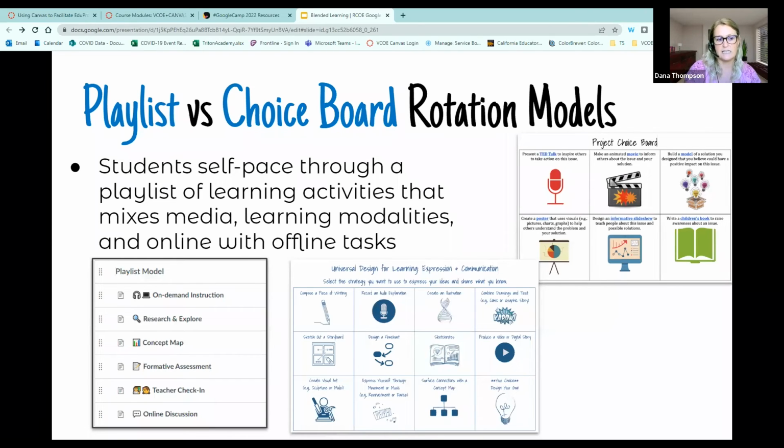And you can see here, this is a playlist model in Canvas, using the cute emojis as part of the title name. They know that whether they're going to watch a video, dig in and research on websites, again, whether they're finding those websites and telling you why they are credible, or you're vetting those websites and giving them links and giving them choice. A concept map, formative assessment, maybe, if part of your playlist model is that teacher check-in,